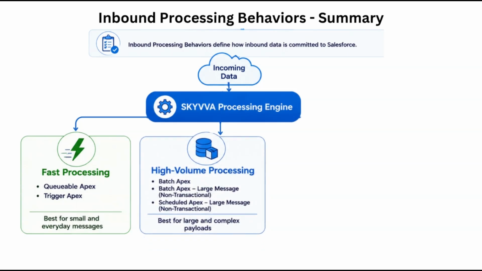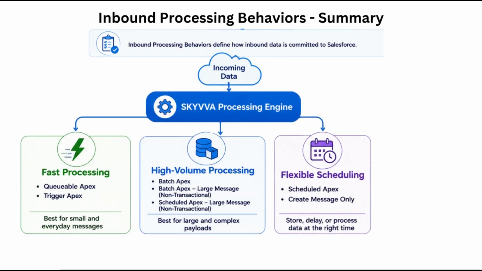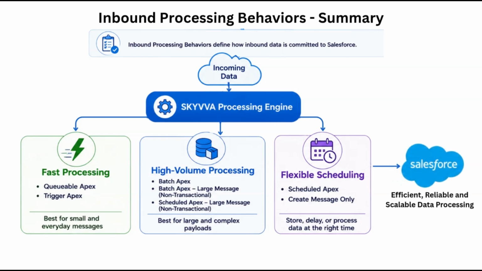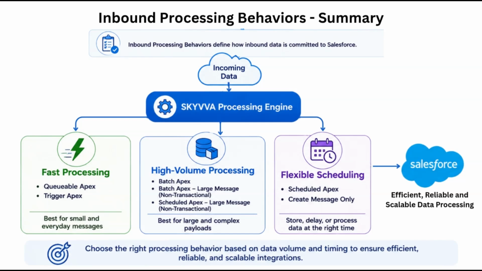For large or complex payloads, Batch Apex and large message processing modes help overcome Salesforce governor limits and ensure reliable high-volume processing. And when processing needs to be delayed or controlled, Scheduled Apex and Create Message Only allow data to be stored and processed at the appropriate time. By selecting the right processing behavior based on data volume and business requirements, you can build integrations that are efficient, reliable, and scalable while